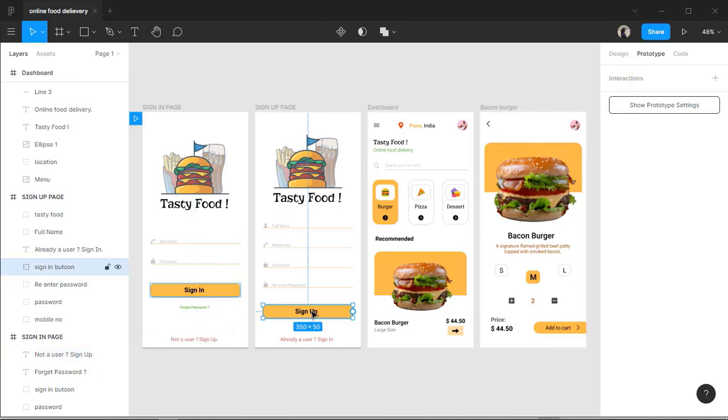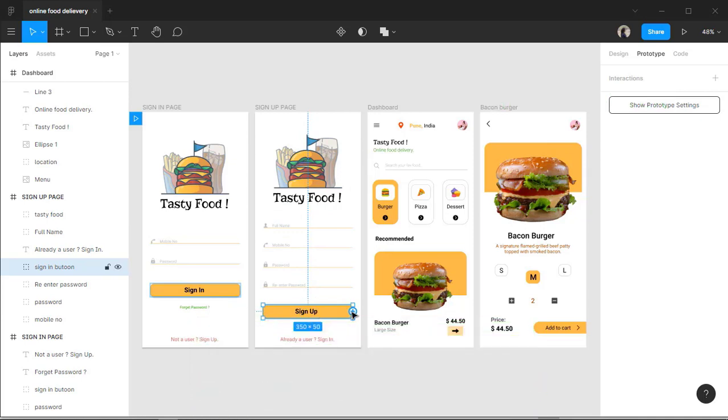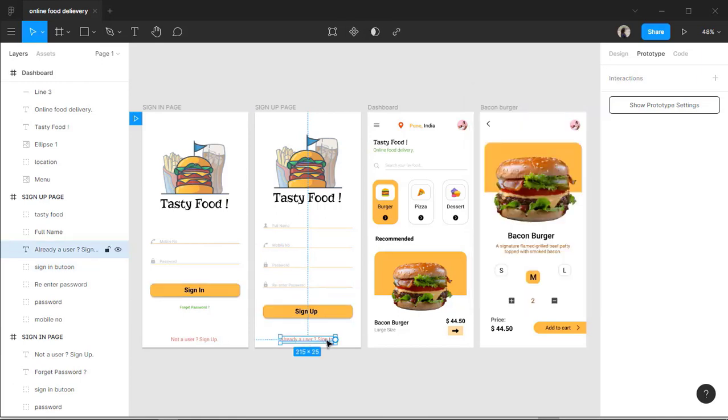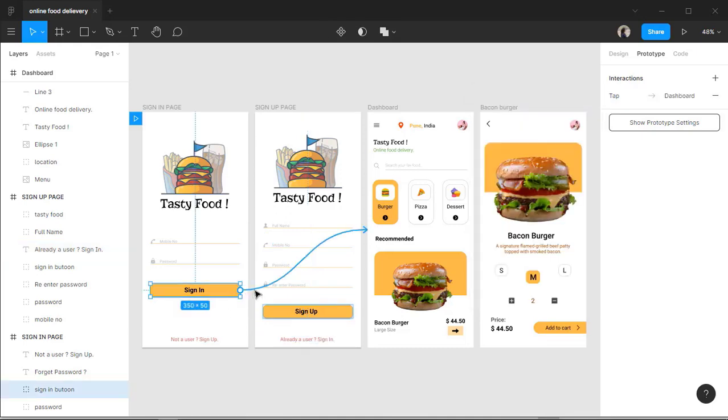Similarly the sign up page, so after filling all these details, when customer click on this sign up option, then he need to sign in again. So let's create the interaction with the sign in page again, and also the already a user and sign in option will get us to the sign in page. And the sign in button already has the interaction with the dashboard page.